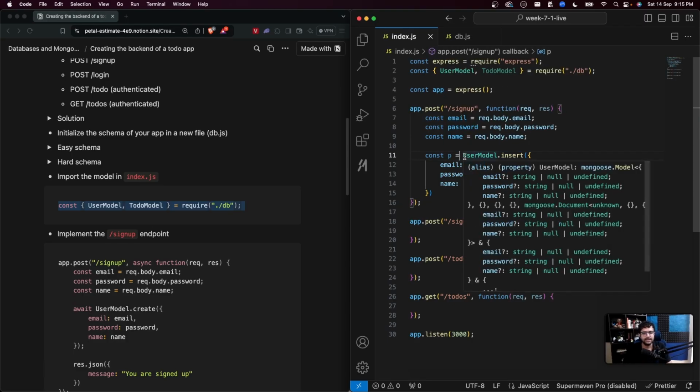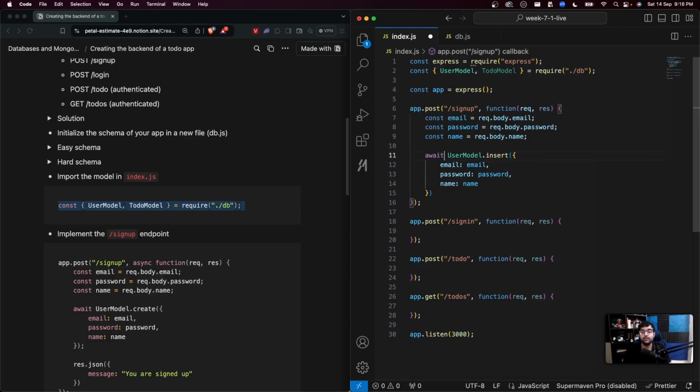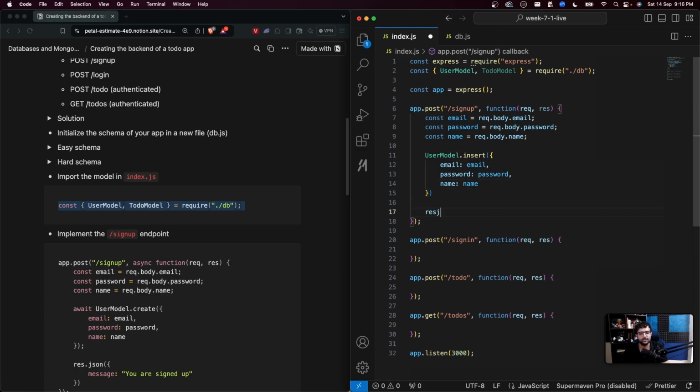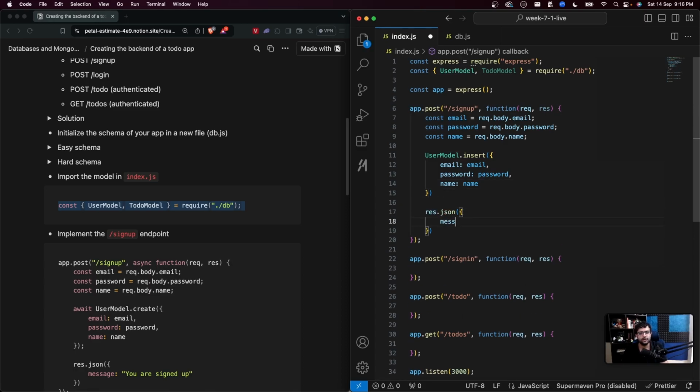And hence, it is a good idea for me to await this promise. I can totally get away by not awaiting it. क्या insert करने को भेज तो दी request. Hopefully the insert will happen. Let me quickly let the user know, res.json, message,